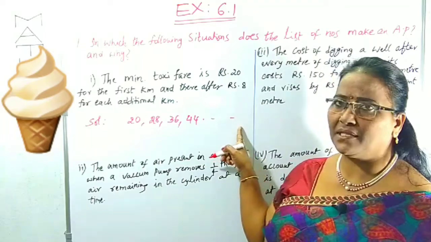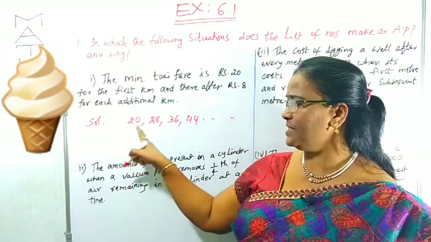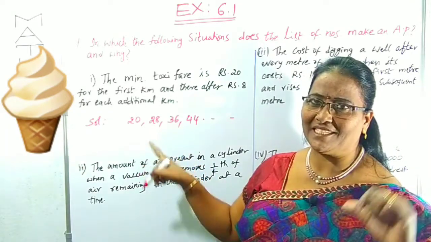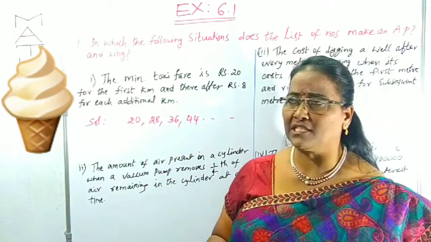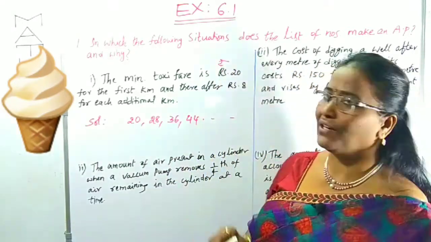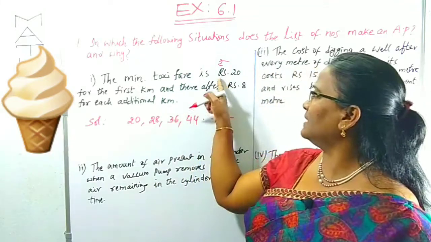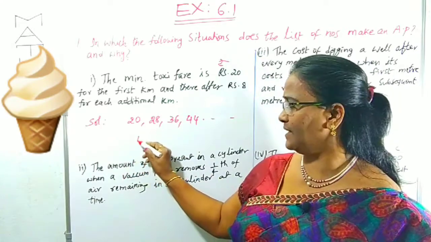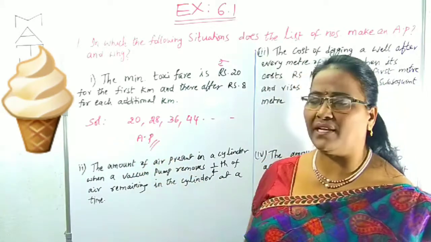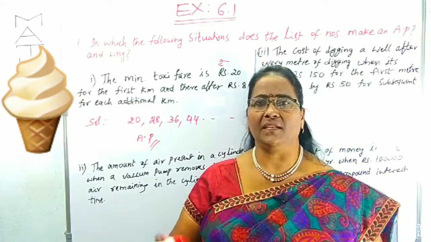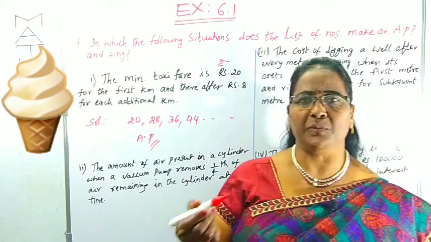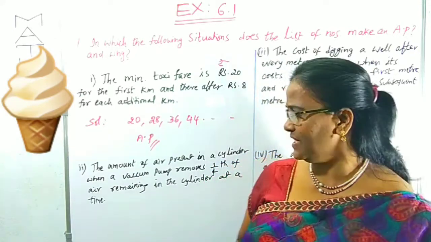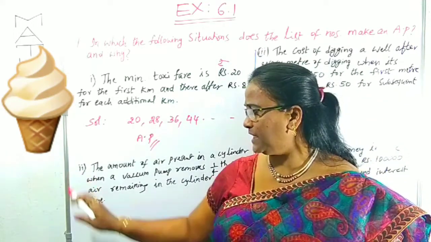It is clearly an AP series because each term is obtained by adding a fixed value 8 to the preceding term. Here it is rupees. You know in your textbook the rupee symbol is also given. We can try to understand what the rupee symbol is; I have just written it in words. Clear? Now which series is this? This is clearly 100% AP series. Why? We can give the explanation. Yes, clearly a fixed value ₹8 is added to each preceding one. Like that we can give the explanation, right? Now come to the second bit.